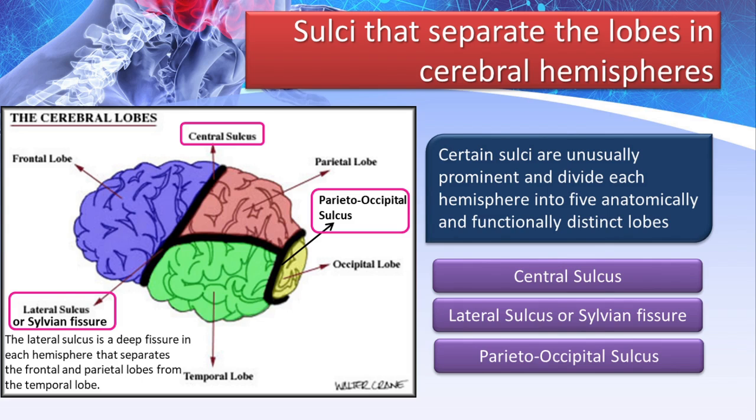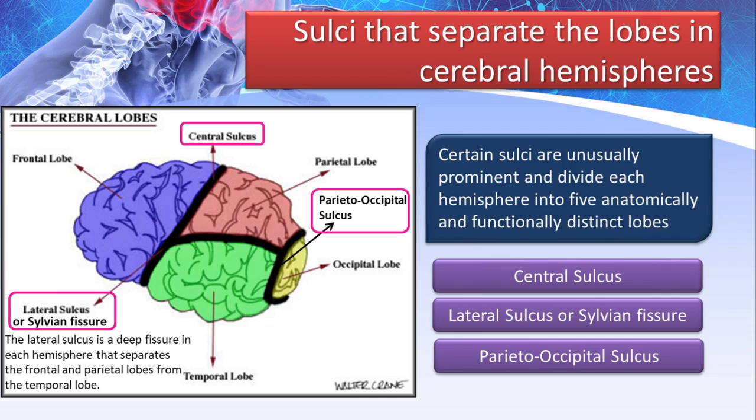Some of the grooves are unusually prominent and much deeper than the other grooves, and hence they divide the cerebral hemispheres into 5 different lobes. These sulci that divide the cerebral cortex into different lobes are the central sulcus, lateral sulcus or the sylvian fissure, and